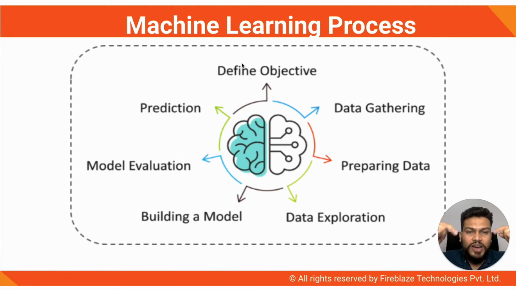Then, around that, you need to do the data collection, or data gathering, or data mining. So the second step is data gathering. You gather the data, you try to identify the data, you try to fetch the data, you try to get it on board. Okay. Then the third step is preparing the data, which we call data pre-processing.